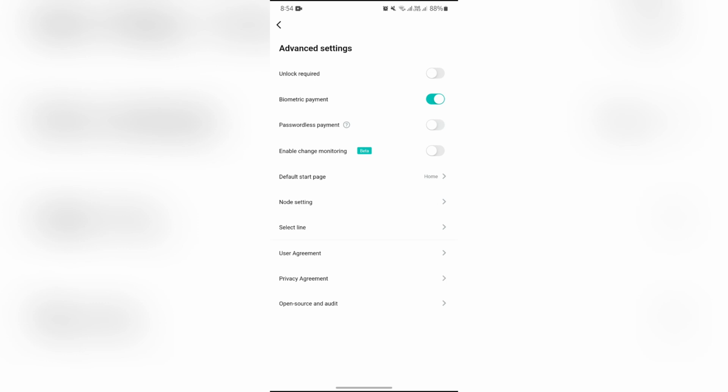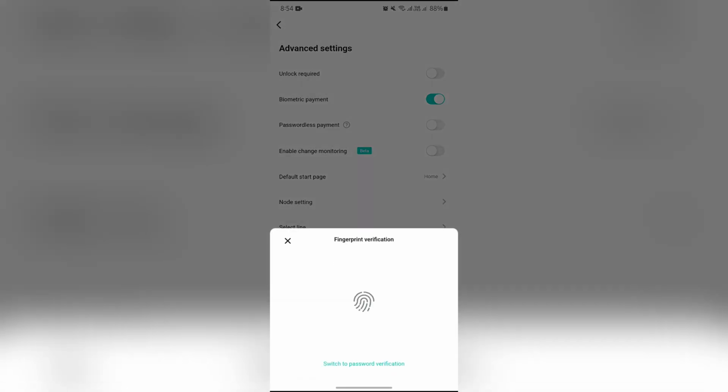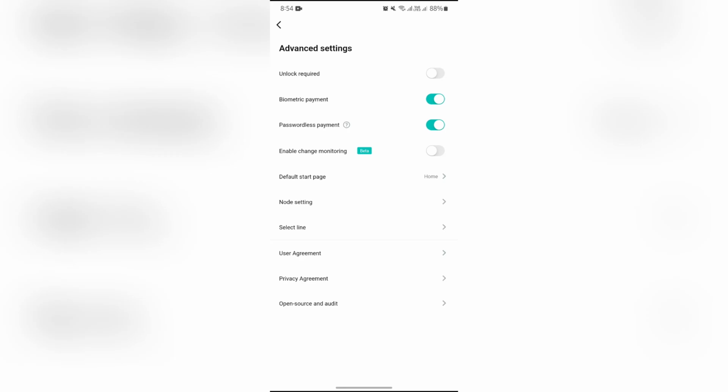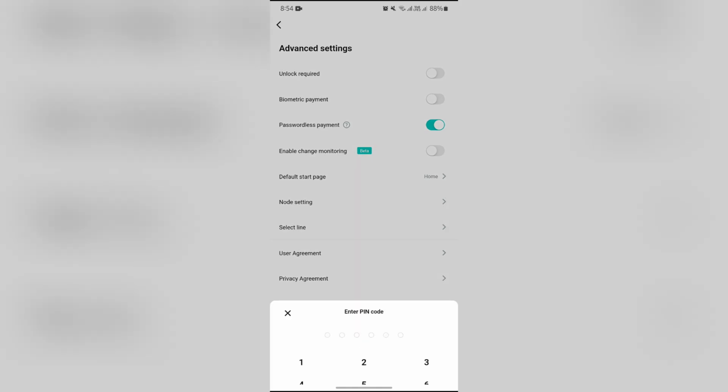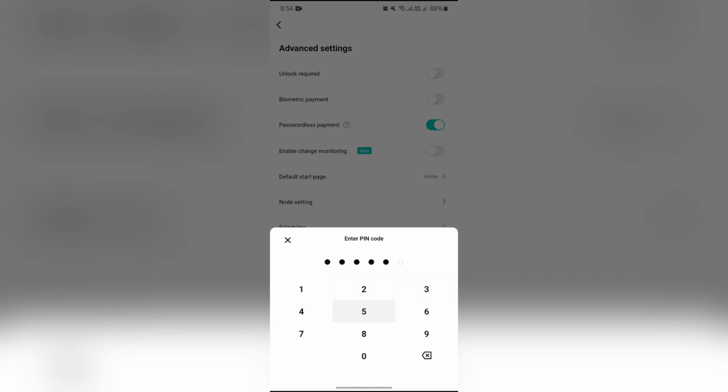Now in advanced setting, you will get these two options. The first one is biometric payment and the second one is passwordless payment. Now you can choose between these two options in order to enable or customize the payment pins or passcode. But each time you enable or disable the toggle, you will have to enter your biometrics or passcode. Just simply select any suitable option or both of them, and after that you can easily enable these